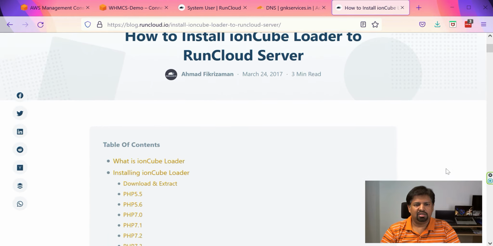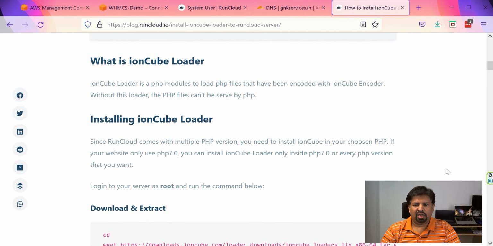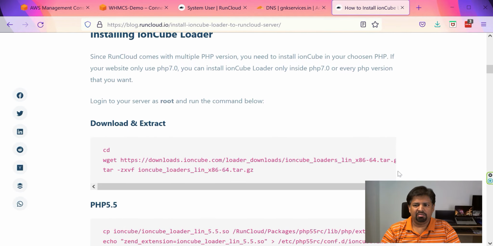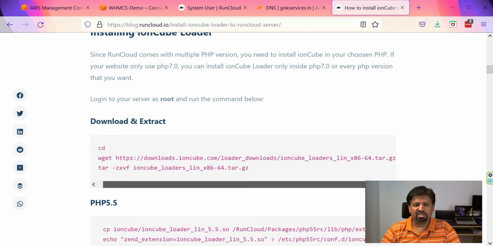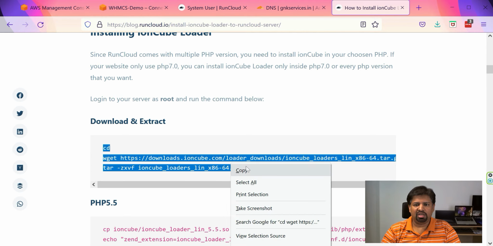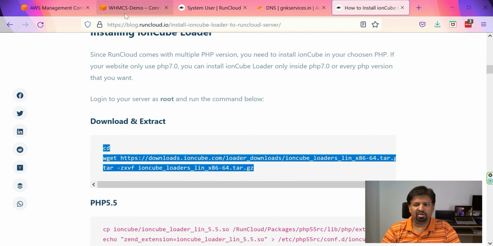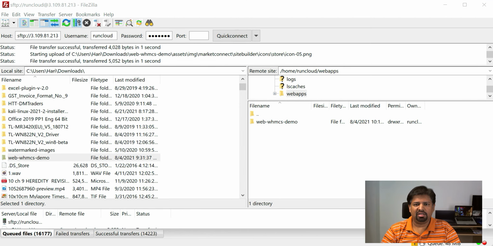To do this, we are going to follow the tutorial in RunCloud itself. I am not covering each and every step in that because the commands are different for every PHP version. As we have installed 7.3, we are going to install IonCube loader for PHP 7.3. Replicate the same for your version of PHP as given in the article.